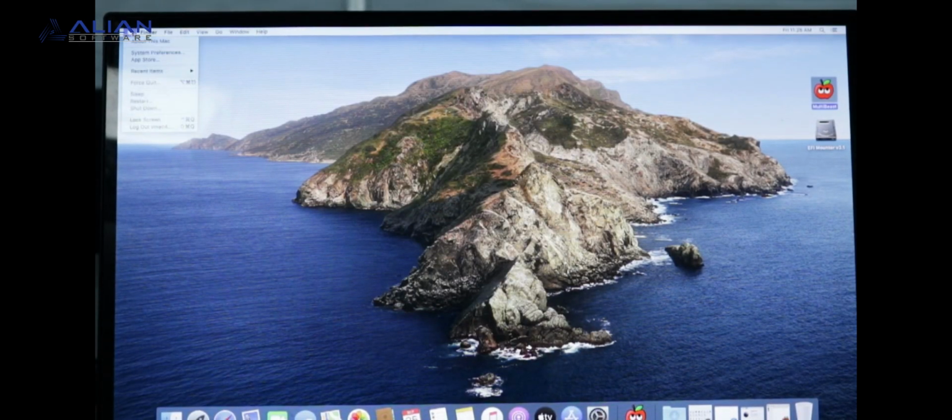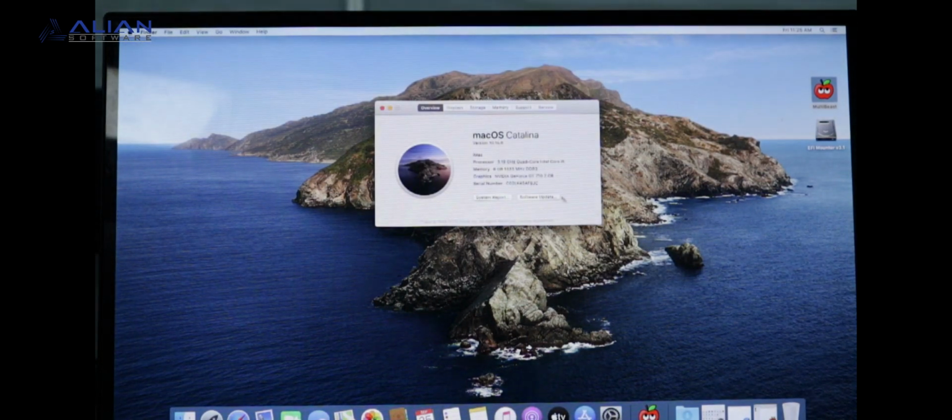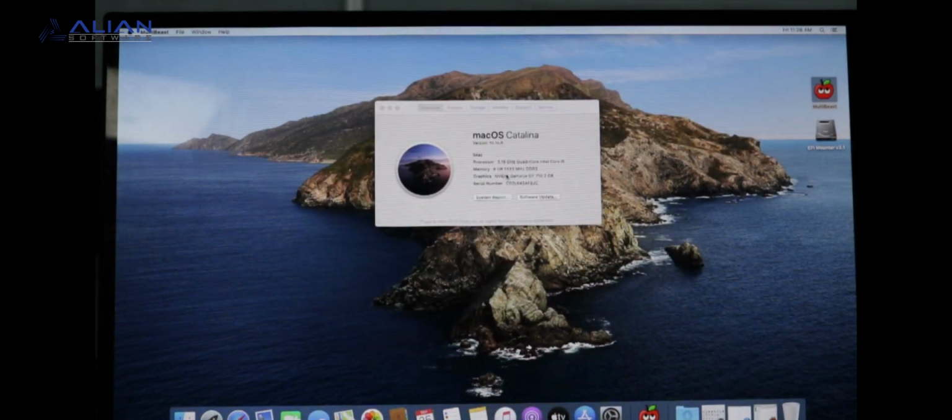Let's see, guys, after restarting my PC, the natively supported GPU is installed successfully. You can check this here, right? So you only have to install UEFI boot mode. Using this you can use the natively supported driver without installing any NVIDIA driver for macOS.